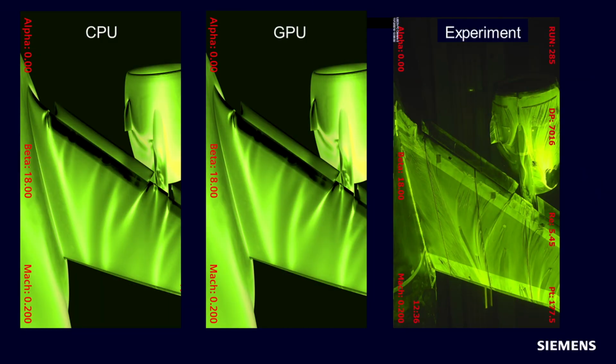Yes, that is correct. This is a very key aspect for us. And we can also appreciate this from the picture shown here, where we are looking at a comparison of skin friction distributions between a CPU and a GPU solution. And as you can see, we really can get to CPU equivalent solutions when using GPU hardware. And as I said, this is a very key point for us, and we ensure this by basically maintaining the same unified code base. So we don't have a siloed product to be run on GPU.